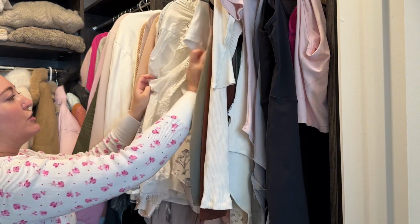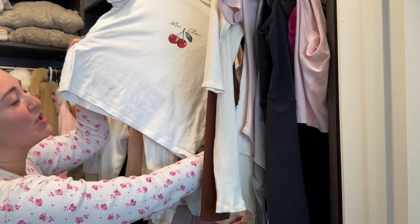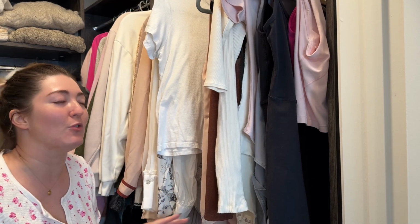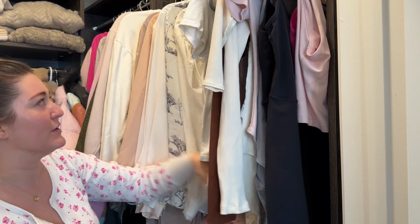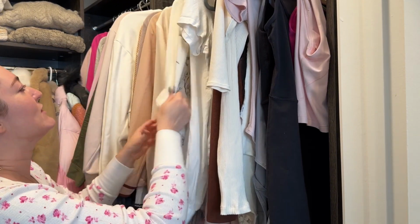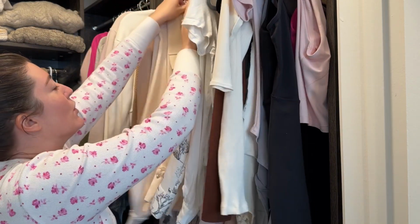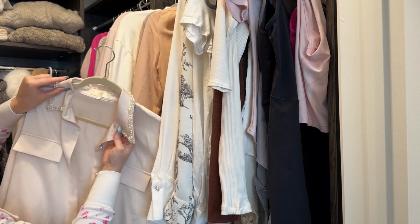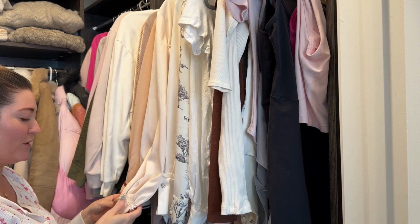Then we go into this one t-shirt that I have hanging up, and it's only because this t-shirt in particular gets so wrinkled. Like, no matter how nicely I fold it, the creases are terrible. It's just a Topshop t-shirt, but it's a year-round t-shirt as well, even though it's got cherries on it. I just reach for it all the time. Then we have some blouses, some cute little H&M, and then we have some more, I don't know, upscale brands like Vita Grace. I love this top. Look at the details. I will wear that, but just in case I don't reach for her, the hanger is